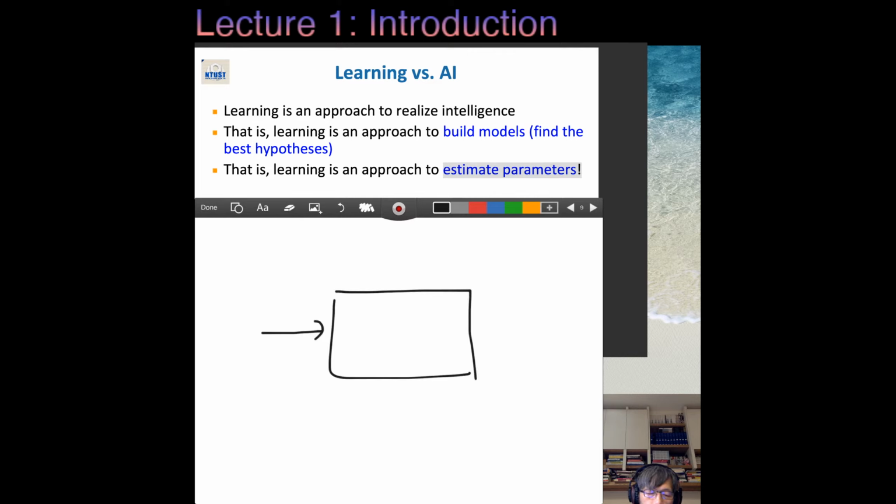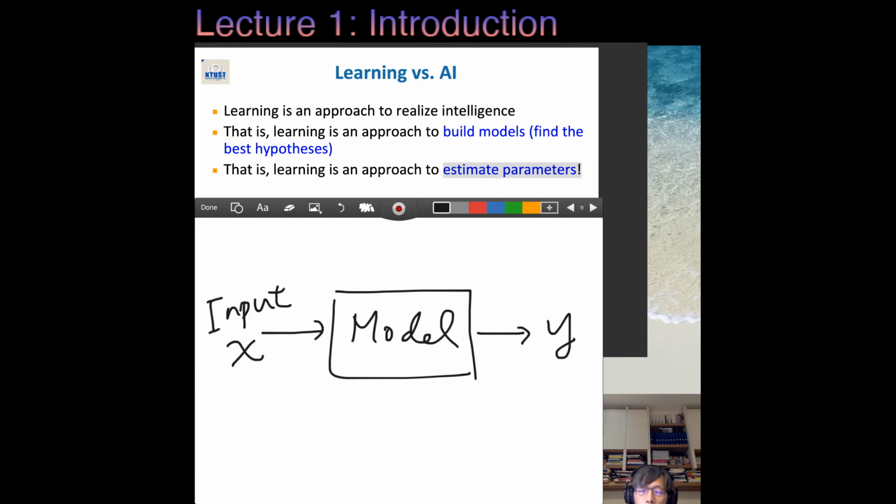The data, I mean some input, one piece of data X, then we can get Y, given it's a model in the middle. So if we zoom in on the model, it would be like what?